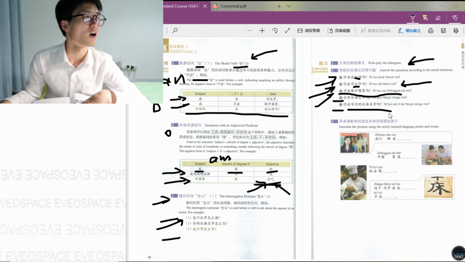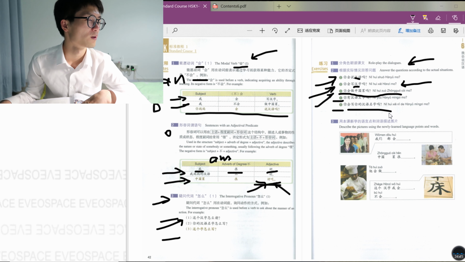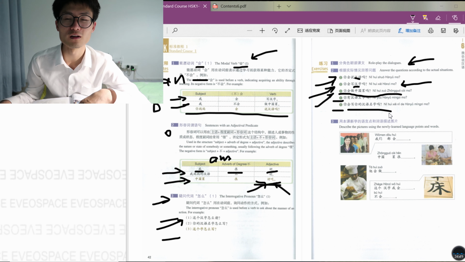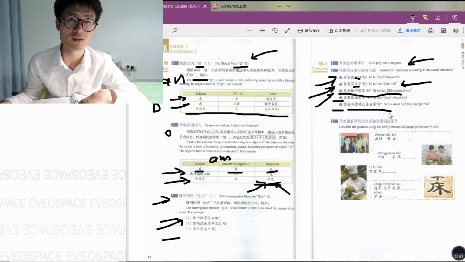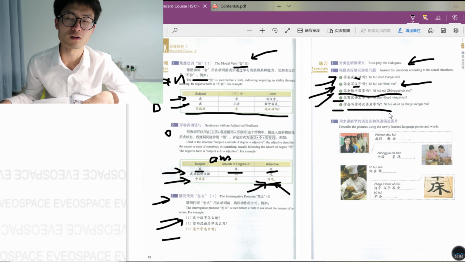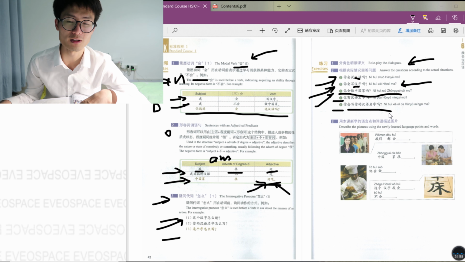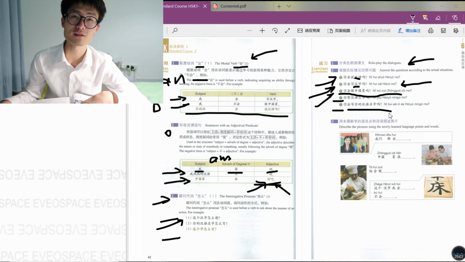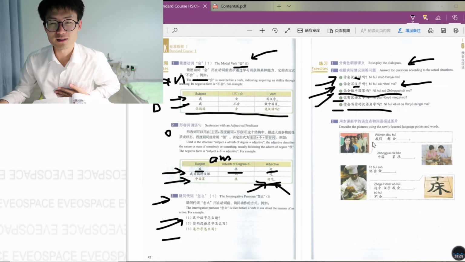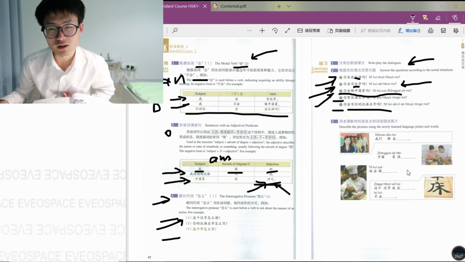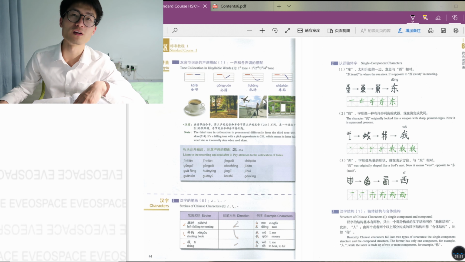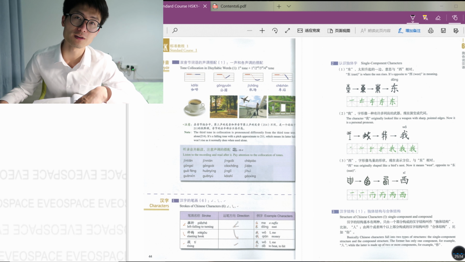Okay. I think that pupils in the first grade in China, they can write his or her own name most of the time. Okay, most of the case. And then let's move on to the pinyin. Okay,